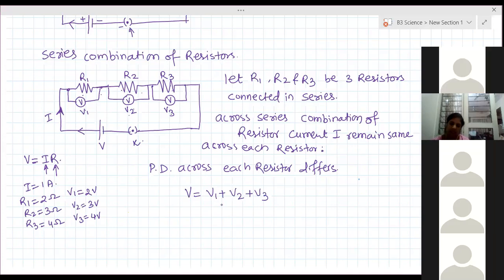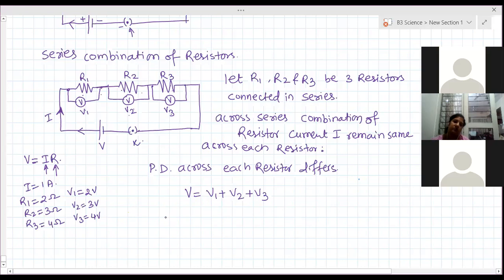Yes, ma'am. So, ma'am, as I asked before, instead of the change in resistor, the potential difference changes, right? Resistance is also changing. No, R1, R2, R3 are different values. Yes, ma'am. So the potential differences are also different. This value of V will not be the same across each. The total potential difference that the battery is providing and these individual values are different. That is what I'm trying to explain to you.